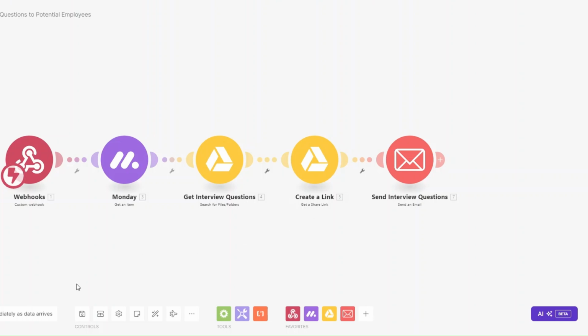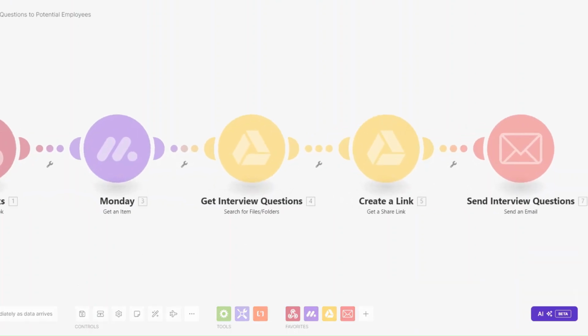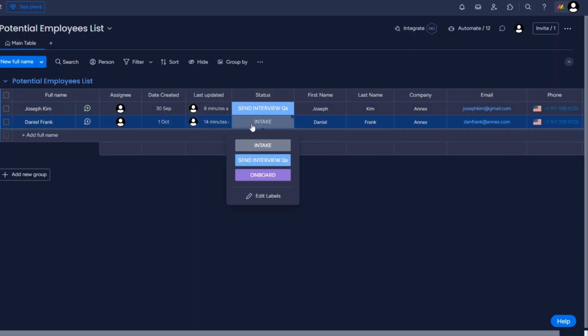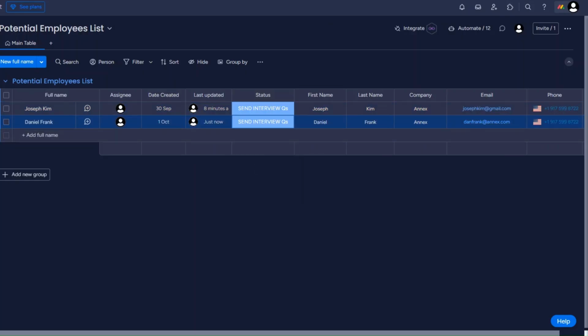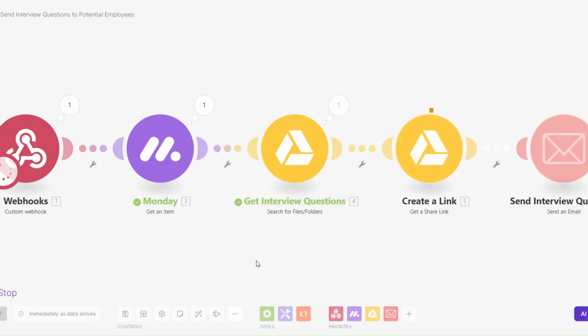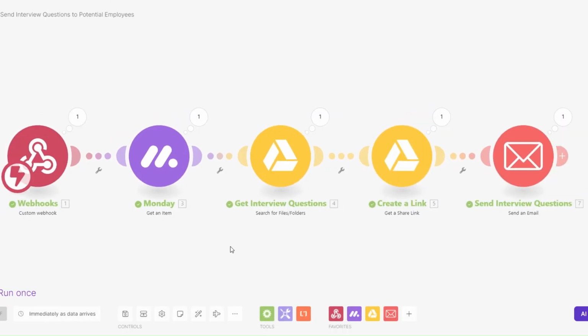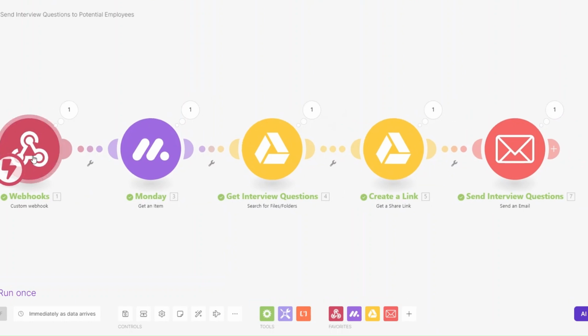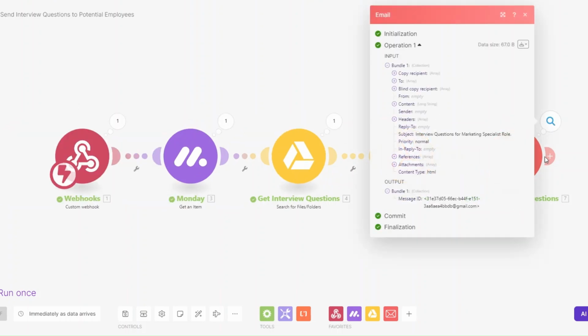To test if our automation is working perfectly, I'll run it. And then on Monday, I'll change the status of one of our employees to send interview questions. You can see that automation ran successfully. So here we triggered our webhook. We got their data here. We searched for our interview question documents on our Google Drive folder. We created a link for the interview questions, and then we sent the questions to our potential employees using this